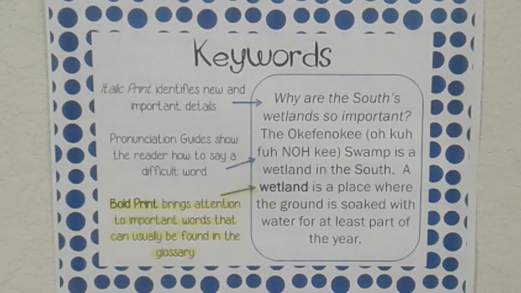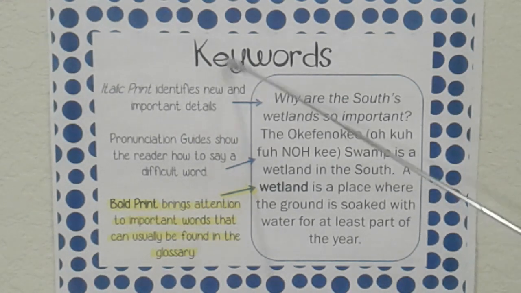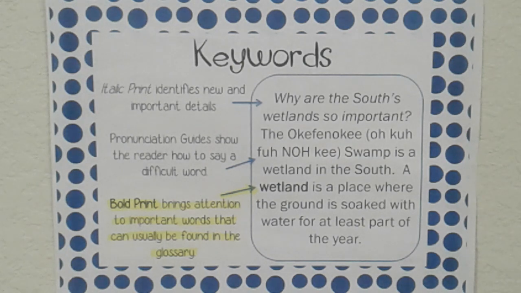Now this screen says keywords. But I want us to focus down here where it says bold print. That's the next informational text feature we're going to focus on. Now we know that our bold print is also our key word. Bold print brings attention to important words that can usually be found in the glossary, which is found in the back of the book. Now let's go ahead and look at the right-hand side of your page, and you see that